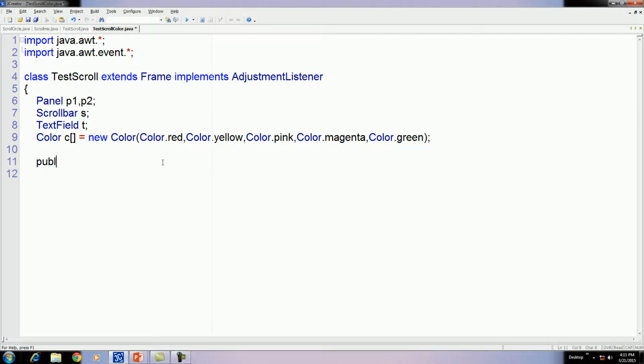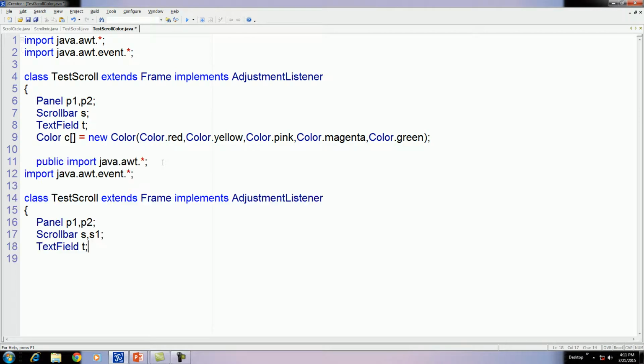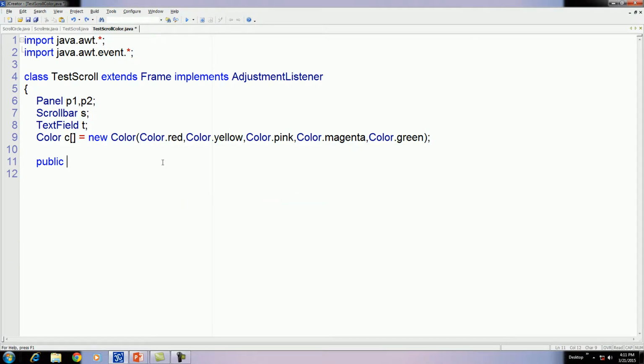Let us implement it. The name of the program is text color, scroll color.